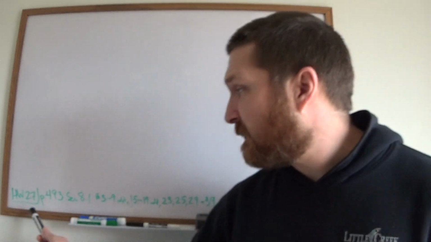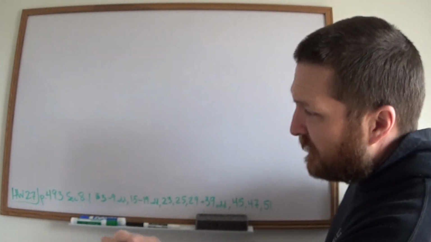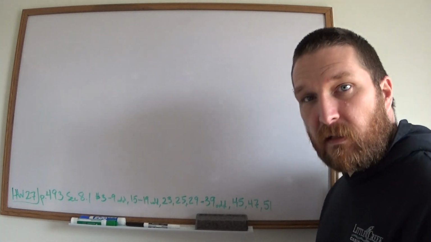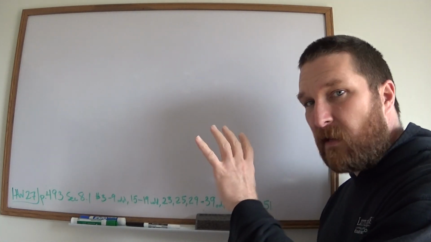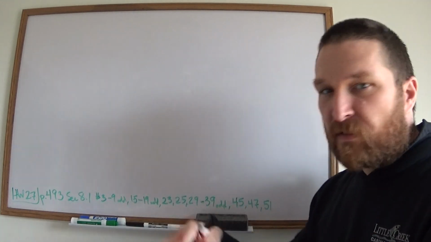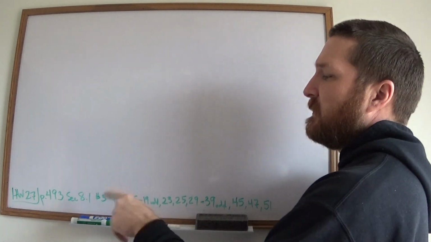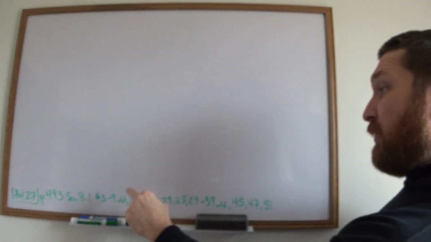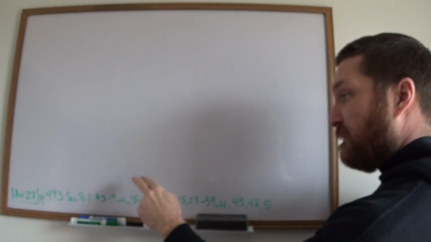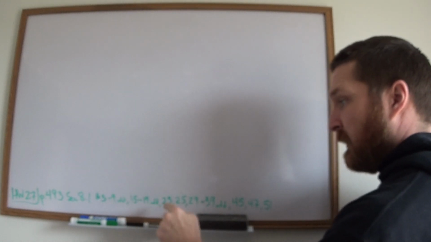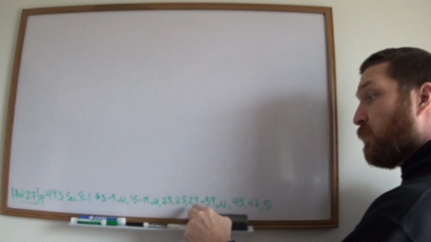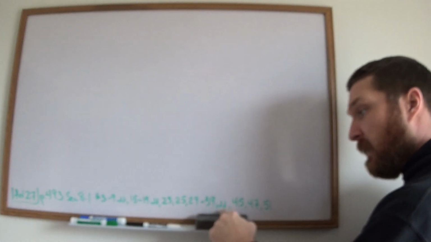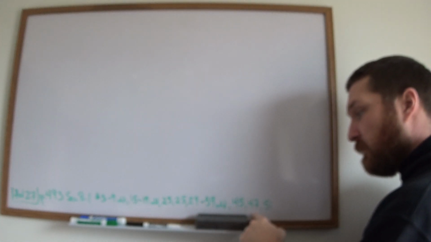So homework 27 is page 493, section 8.1. Yes, we are going to jump into chapter 8 for one section and then go do a bunch of other stuff like I said last time. So section 8.1, numbers 3 through 9 odd, 15 through 19 odd, 23, 25, 27 through 39 odd, 45, 47,